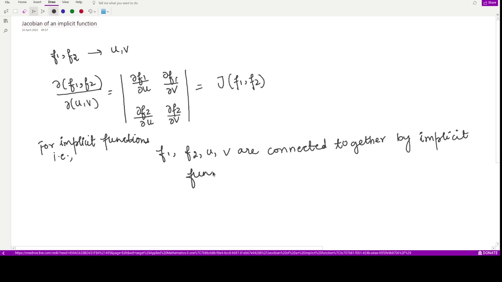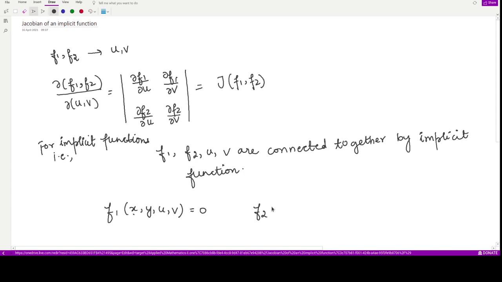That means they cannot be separated from each other, and there is a single equation which presents these functions. So you are given f1, which is a function of x, y, u and v. That means you have four variables here, and you also have